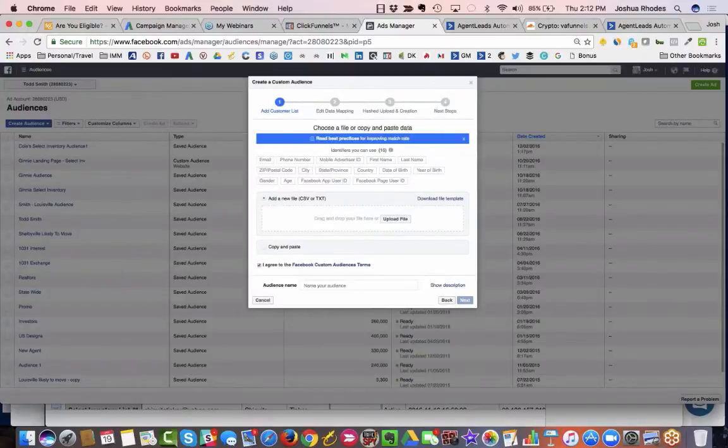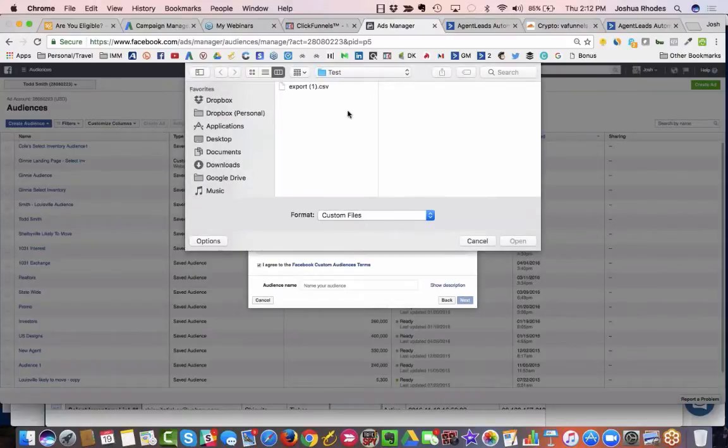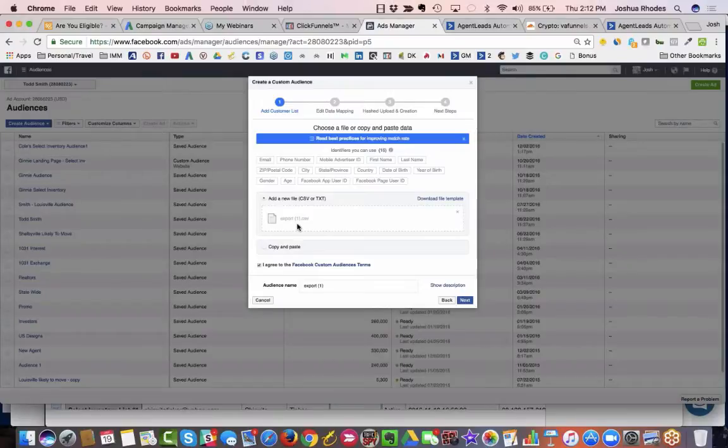And you'll see this step pop up, Create a Custom Audience. And this is quite literally where we just are going to upload a file. I'm going to hit Upload File. I've got my export sitting here waiting on me. You may have to find it depending on where your computer downloads your files to. Just know where your default download folder is. I'm going to hit Open. Now you can see that it has identified the file that I want it to upload. And then what I'm going to do is name the audience, select inventory, and you might want to put a date on it,